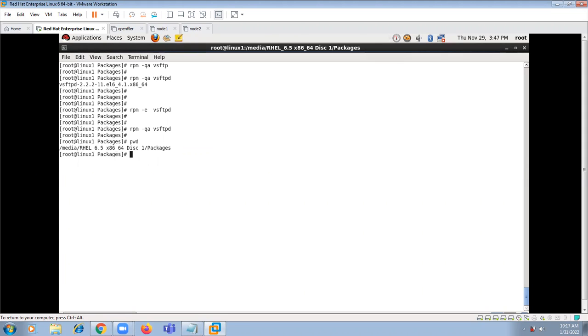If you want that package, I need to install it. All these packages are in my OS DVD. I have already changed my location to where the packages exist. Let me filter once: ls vsftp star. What is vsftp star? I don't know the exact path, versions and everything. You can see it here. This is the entire full package name. After vsftpd we have